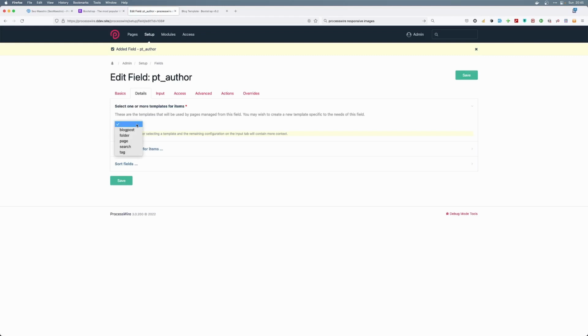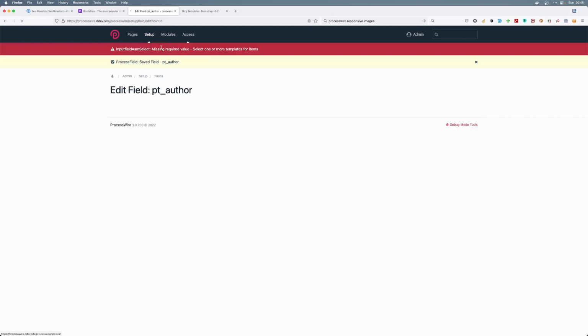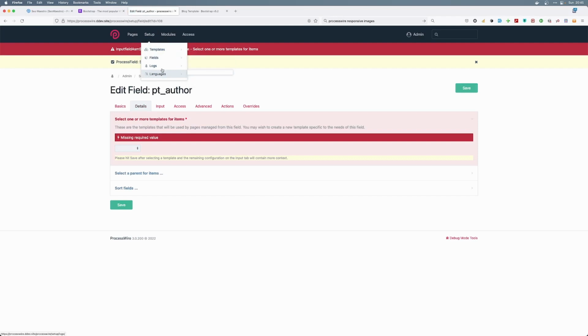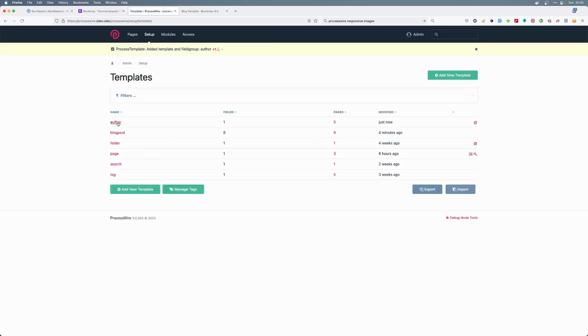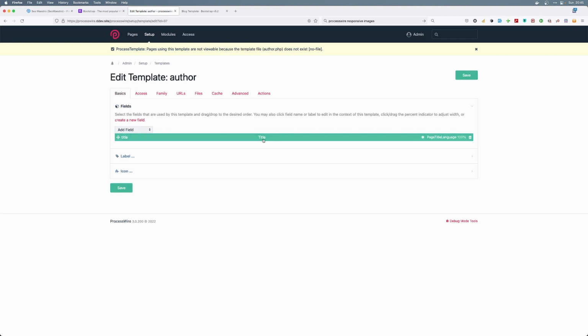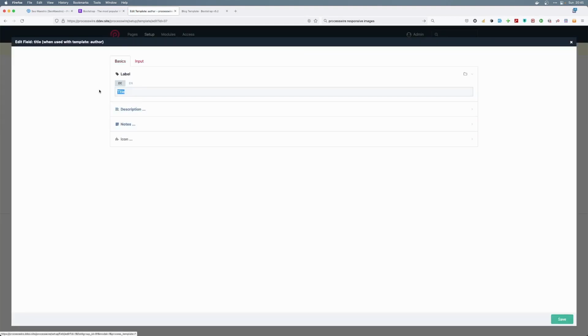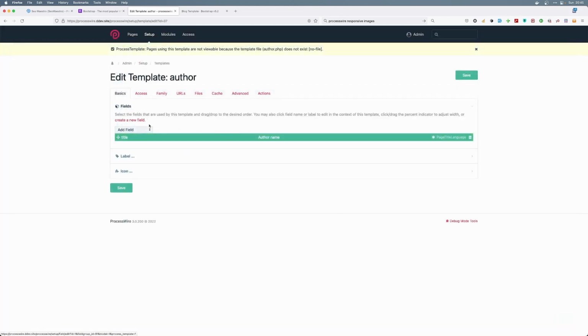Good. Now we need to add a template, and the template should consist of the same thing as the repeater had. Okay, let's create this first. We have the templates, and we will add a new one, which will then be author. Add template, and the template will have the title, which will be the name of the author,